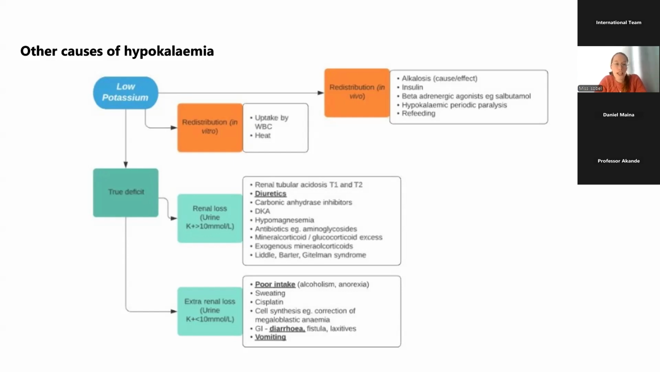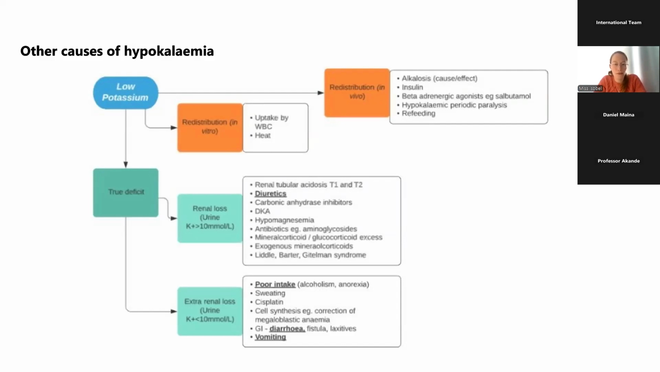The other causes of low potassium are a true deficit. So if there's renal losses of potassium, so for example, different types of renal tubular acidosis, diuretics is a major cause. A lot of patients, especially elderly patients, are on diuretics. Other drugs like carbonic anhydrase inhibitors, DKA, so diabetic ketoacidosis, is a key cause of low potassium. Again, hypomagnesemia, antibiotics, so lots of other drug causes, mineralocorticoids, glucocorticoid excess,